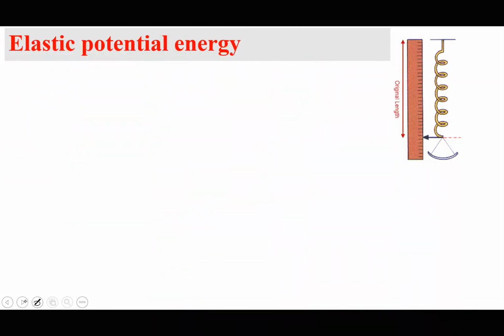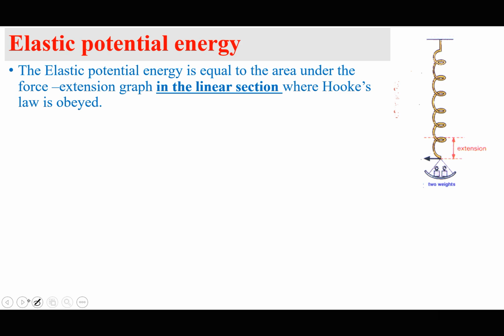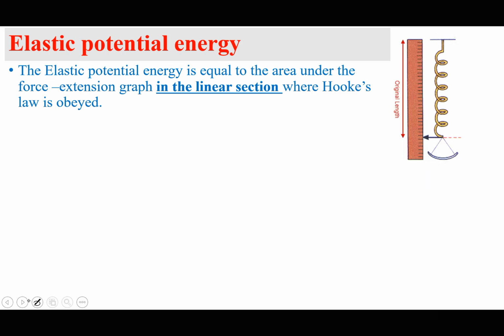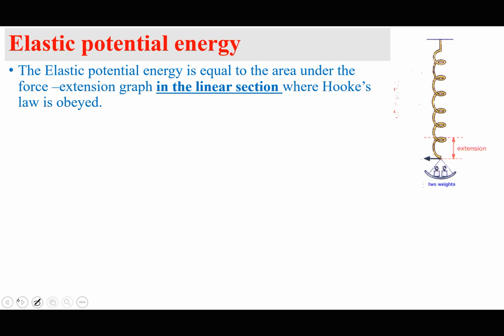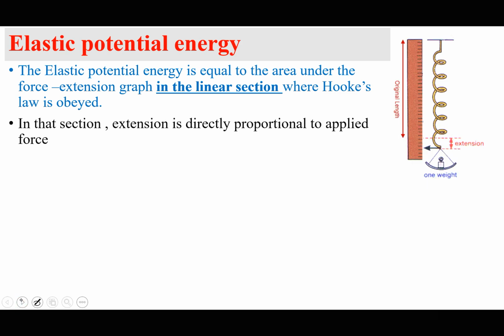So the elastic potential energy we are talking about here is going to be equal to the area under the force extension graph in the linear section where Hooke's law is obeyed. In this section, we know that the extension is directly proportional to the applied force. Remember,